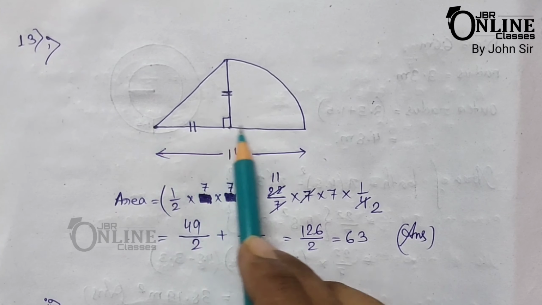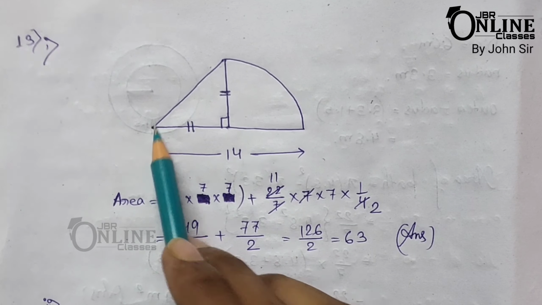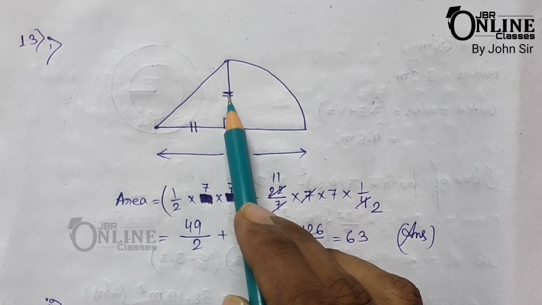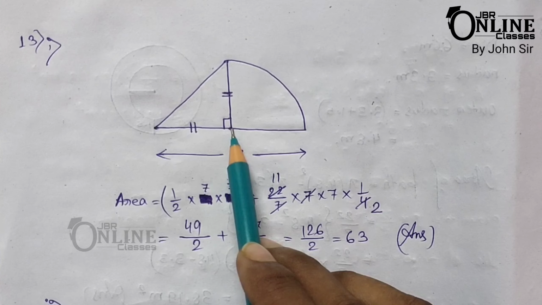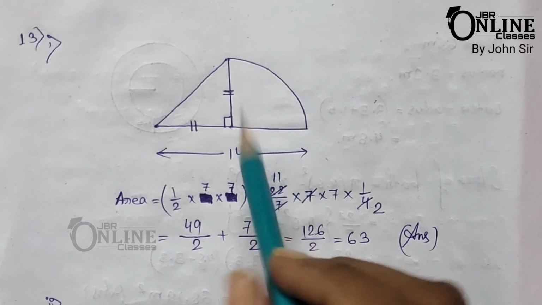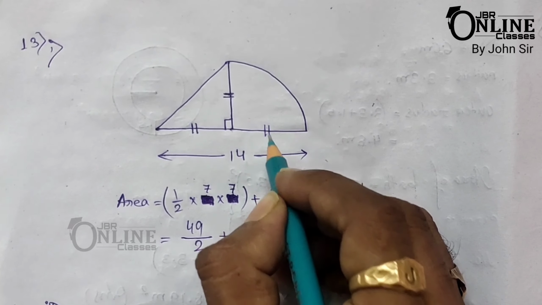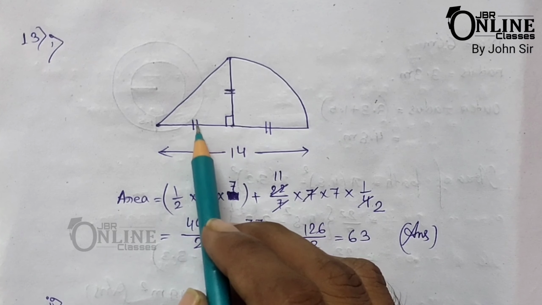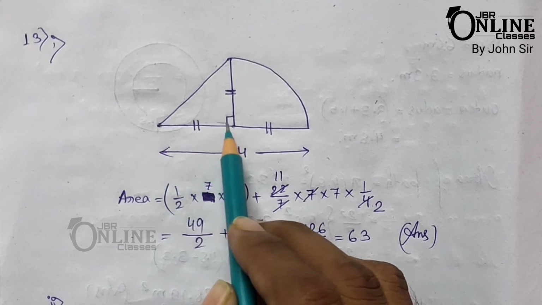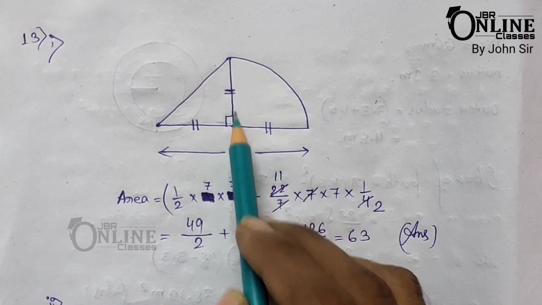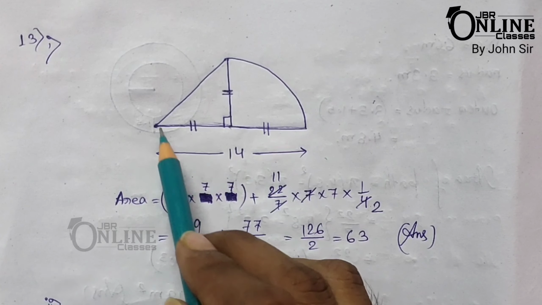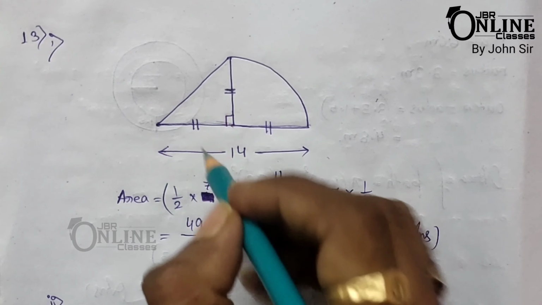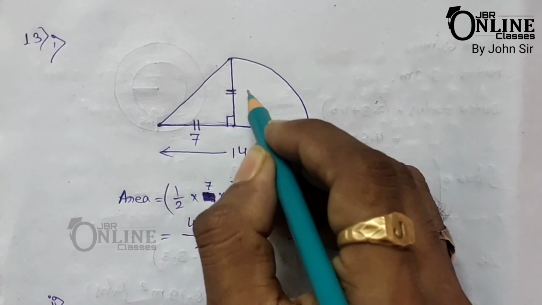Now here the total length equal to 14, and here this side equal to this one. Now as this is the 1/4 part of a circle, that means this is the radius of the circle and this is also the radius of the circle. So this one equal to this one. Clear? Now the first thing is given that length equal to this one, and again this length equal to this one, that means this one equal to this one. So if the total length equal to 14, then the half length equal to 7, 7, and it's also 7.